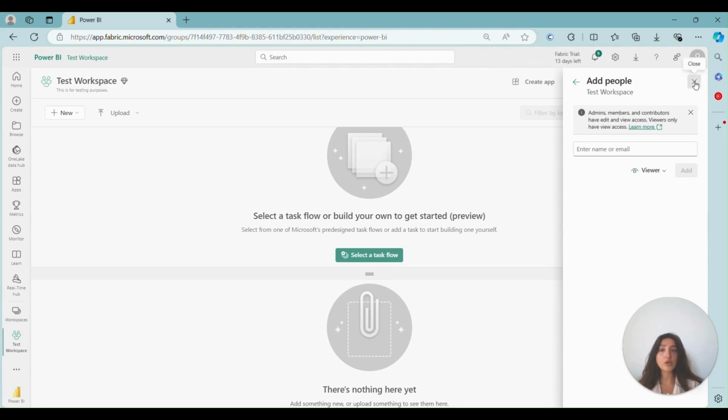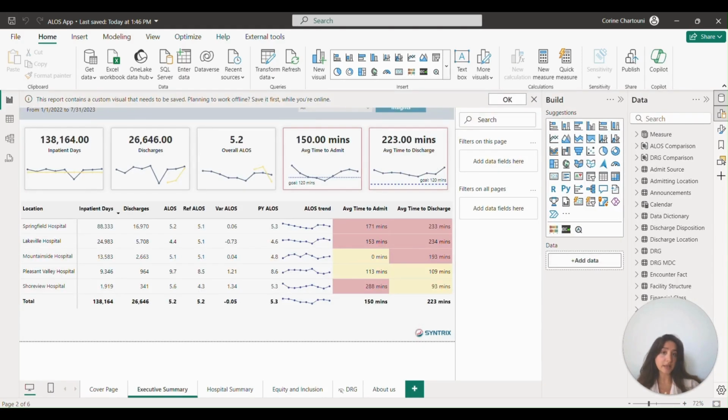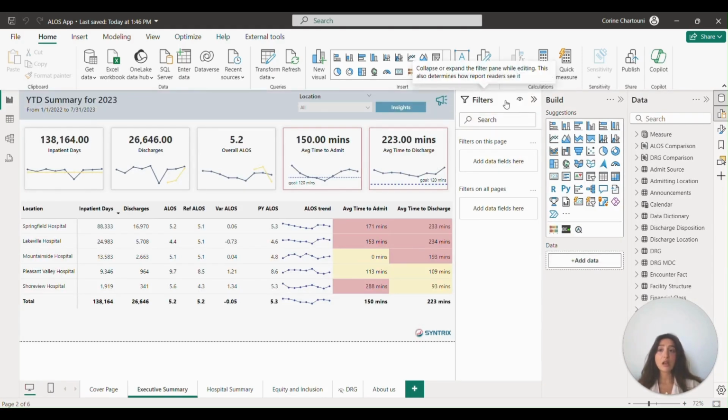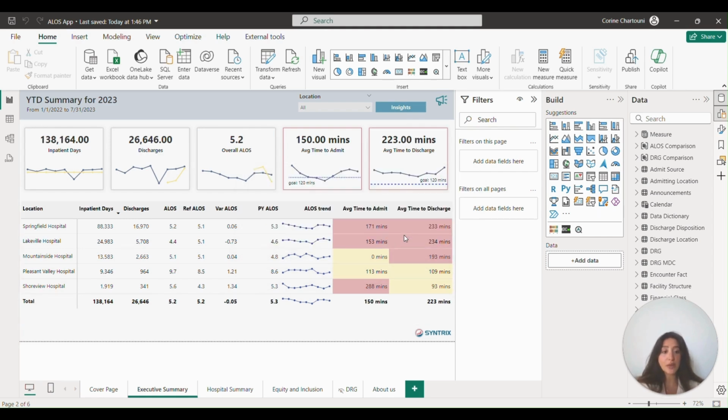So now you have added your workspace, you have added the people that you want to have access to this workspace. Now part 2, how we can publish content to that workspace. And for that, we have to head to Power BI Desktop. So this is my Power BI Desktop. I have this report here that I would like to publish to the service, and more specifically to my test workspace. So you come here and you click on publish, and then of course you have to save everything you want. You click on save,